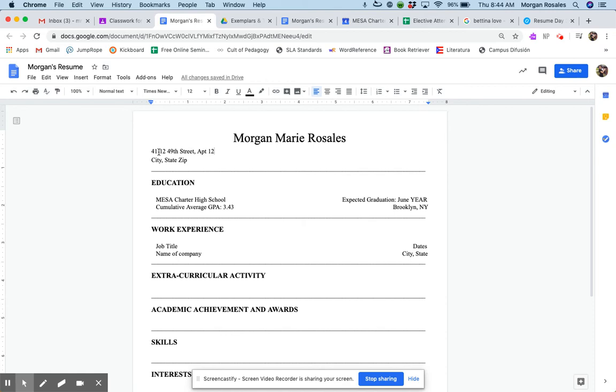I've looked up a lot about why you need contact information. There's no one right answer. There's no one consistent answer online of why that should be there, but everywhere you look says it has to be there. So just do it. My way of wrapping my head around why I need to include my address and my apartment number